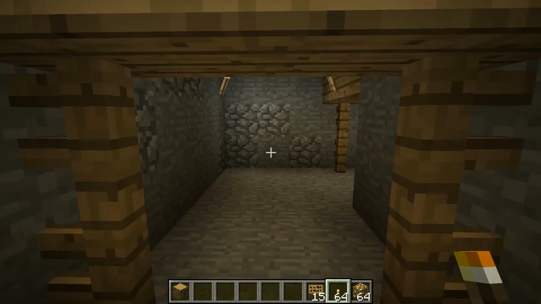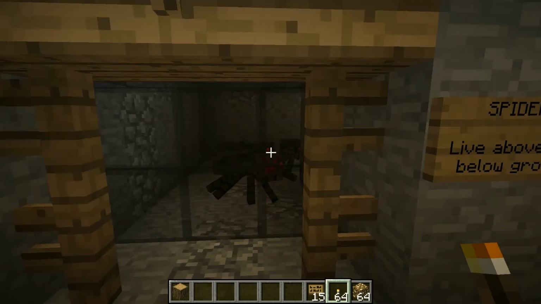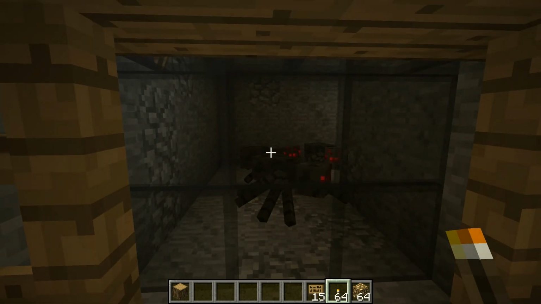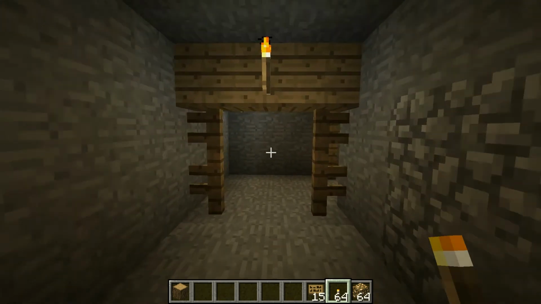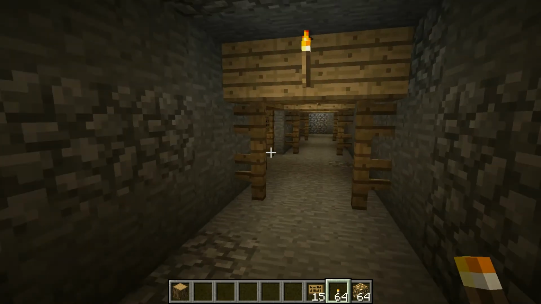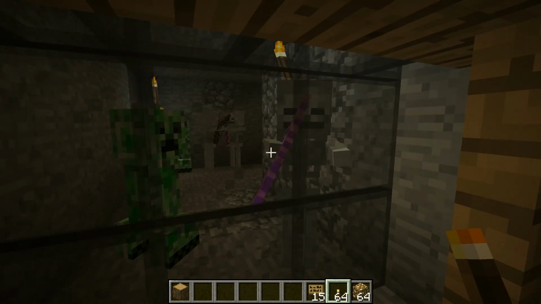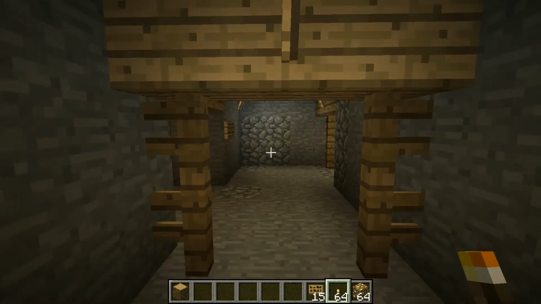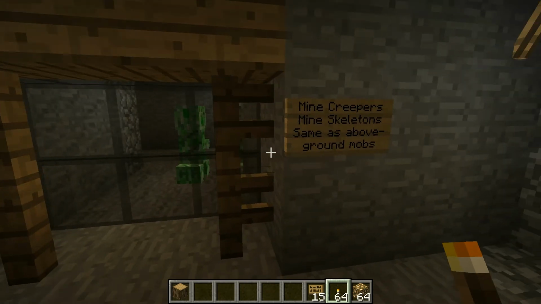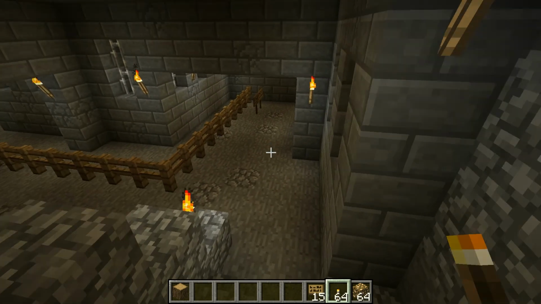This mine shaft didn't exist. This is an add-on. And this is where the regular spiders reside in the zoo. Since they reside in mine shafts, we put them there. And then, of course, we have cave creepers and cave skeletons, just to pretty much add some more variety. Same there. And then it comes to the failed exhibit, which